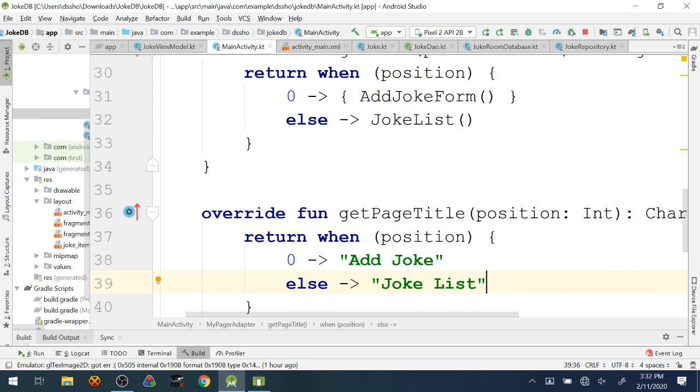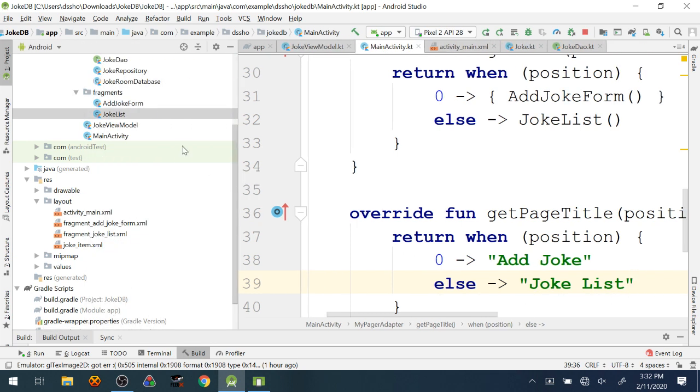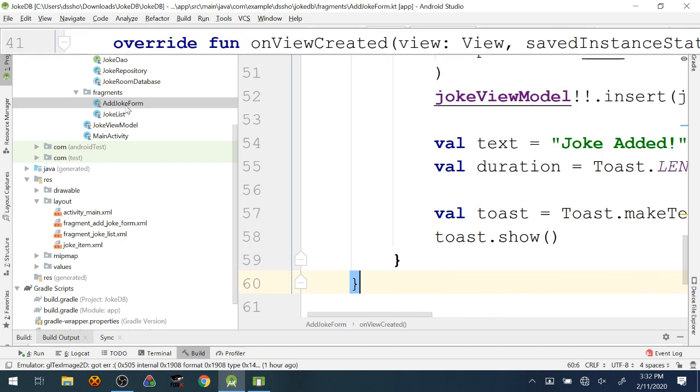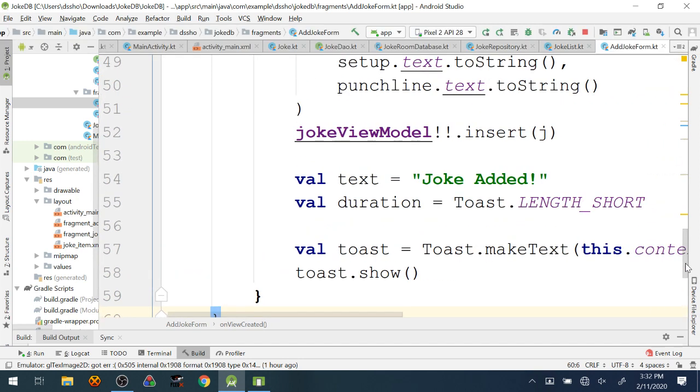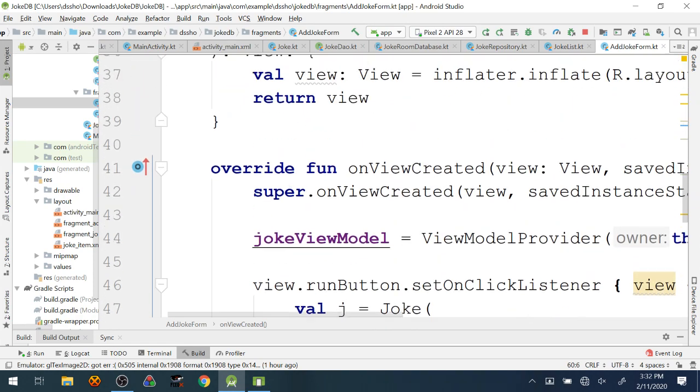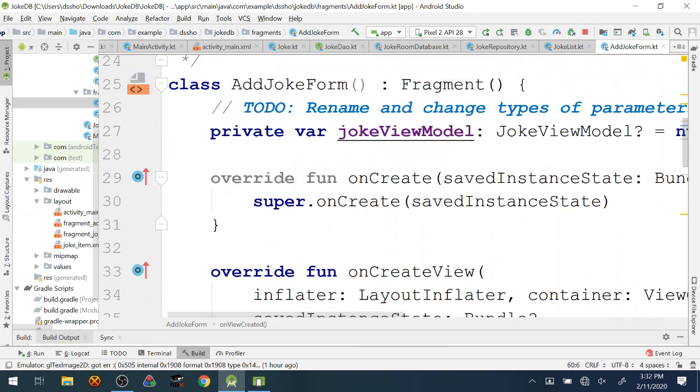Before we actually test it out and run it, though, I think it is probably a good idea to take a quick peek at the fragments, because they are the ones that are going to be interacting directly with the view model. I talked about that a little bit in Tuesday's class last week, but I kind of ran out of time. So since we do have a good 15 minutes left, I would like to make sure that we take a peek at how these are working and what they're actually doing.